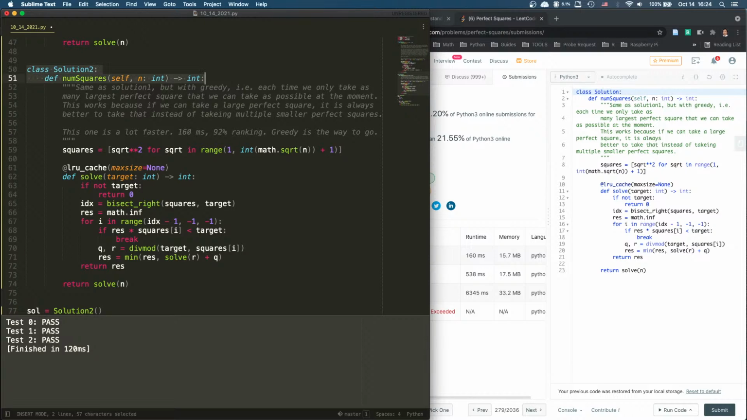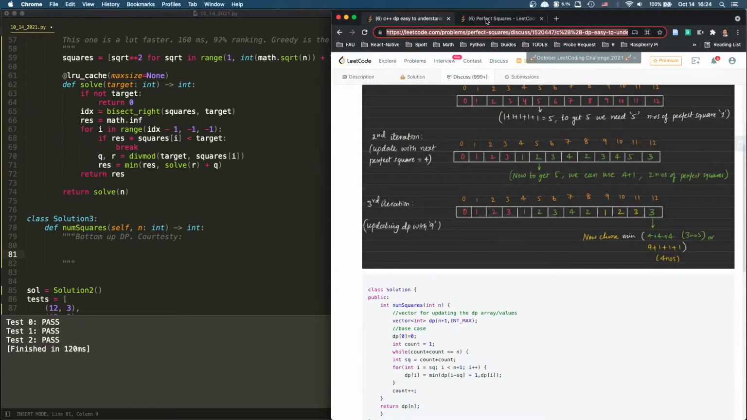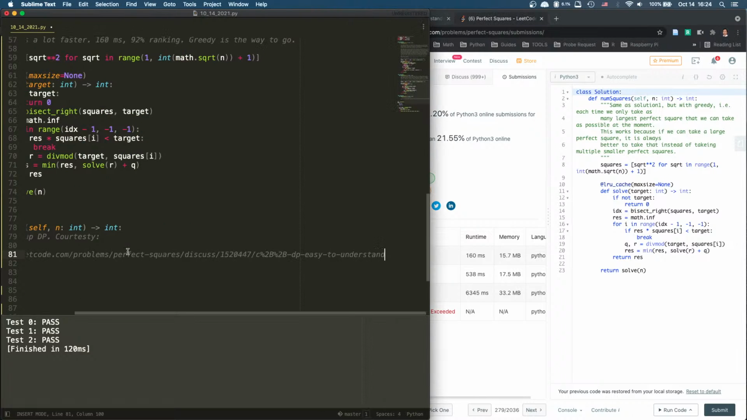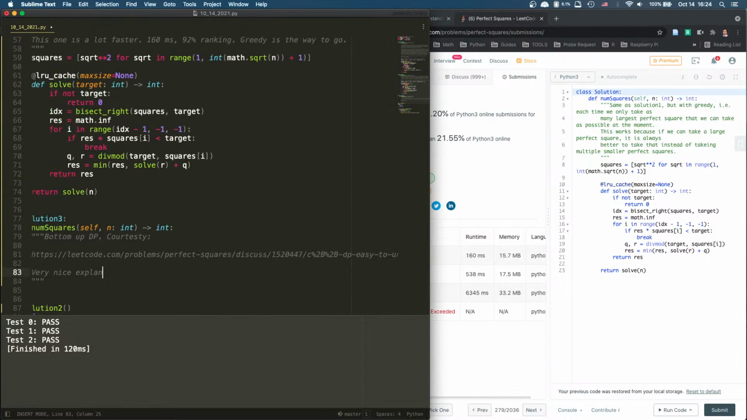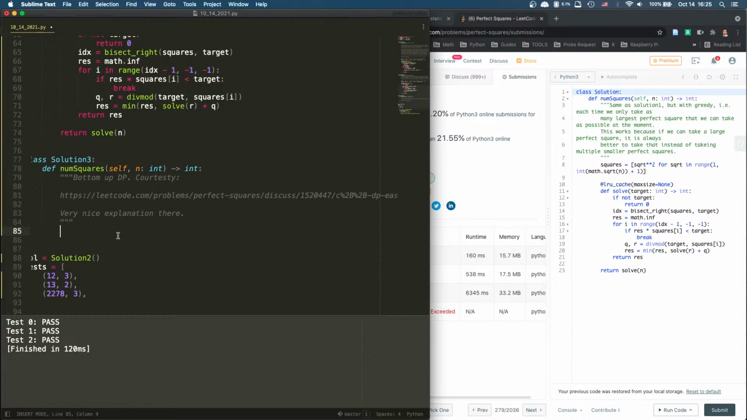All right, solution 3 is bottom up. So 3 is bottom up DP, courtesy of this. Very nice explanation there. All right, so for this to work, we need to have a DP table, which is going to be list range from 1 to n plus 1, right? So that's our DP table. And then